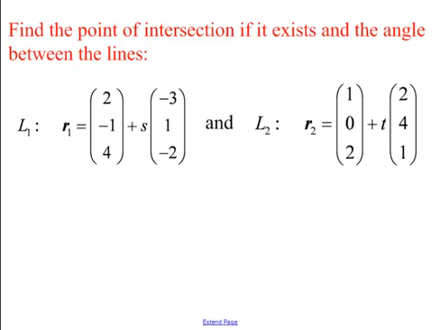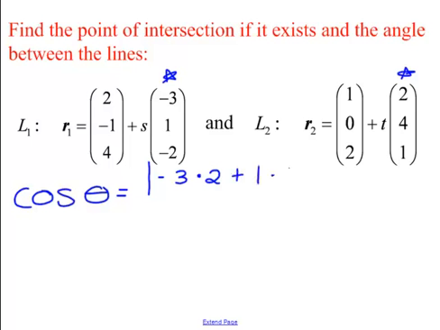So if I want to find, first let's just find the angle between them. I just gave you guys that formula. So if I want to find the angle between them, I have to do the dot product, and the dot product involves the velocity vector. So I'm using those two vectors, -3, 1, -2, and 2, 4, 1. I'm going to do the cross product, dot product, excuse me. So the cosine of theta equals the absolute value of -3 times 2 plus 1 times 4 plus -2 times 1